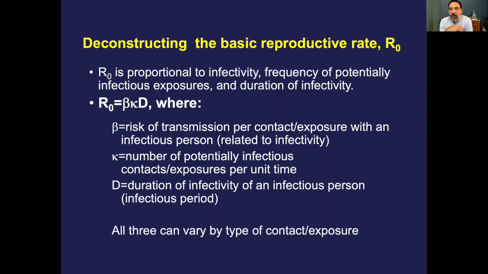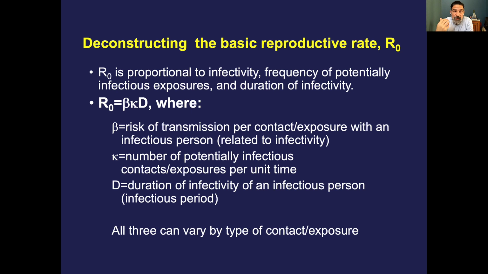So you may be wondering what determines R naught. This is also sort of intuitive. To understand this, though, we need to go back to some of the concepts we covered last week, like infectivity and duration of infection, but also to look to human and societal behaviors that determine the frequency of exposures that can result in transmission. In fact, R naught is dependent on and proportional to all three of these things. So we define R naught as the product of beta, kappa, and D,